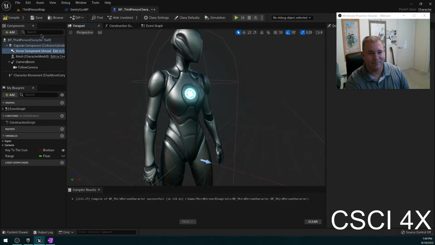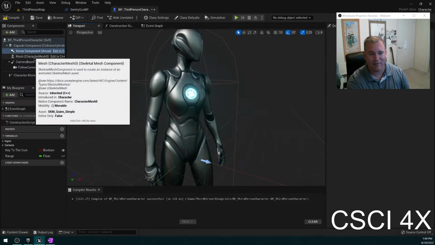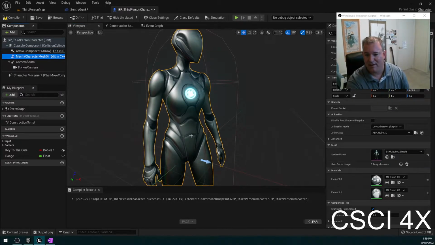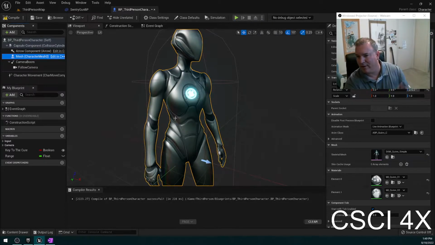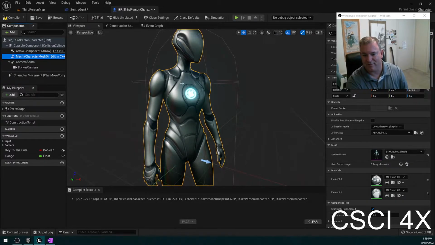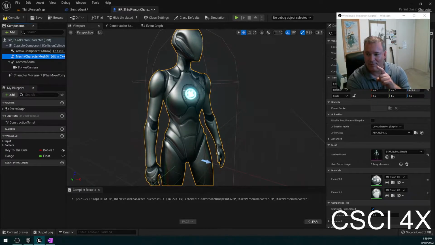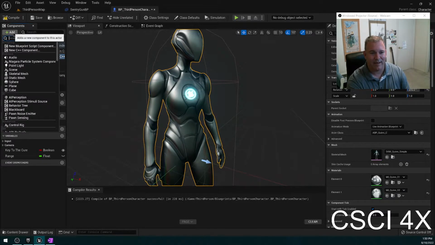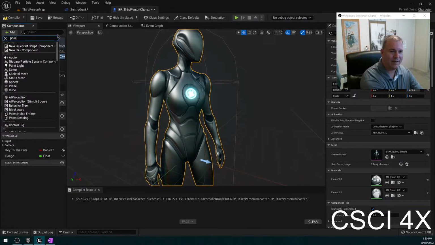Let me show you a trick. I'm going to click on the mesh here, right? The mesh is like the 3D model. It's a skeletal mesh. It's got skeleton stuff going on, but it doesn't really matter right now. And I want to add a named point to it. So I'm going to click on add, and I'm going to choose